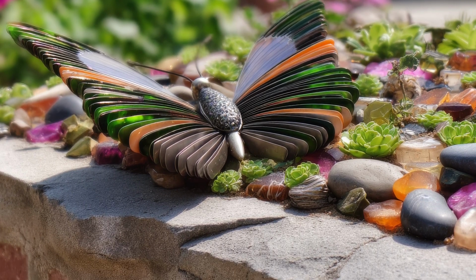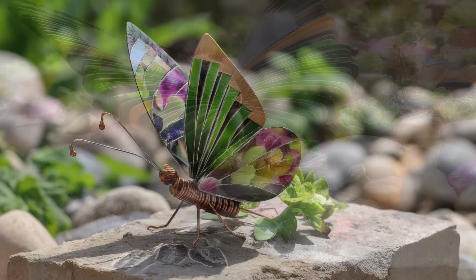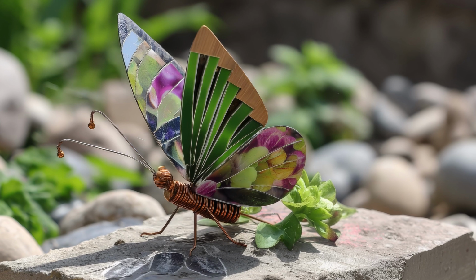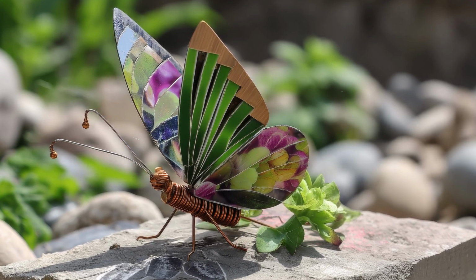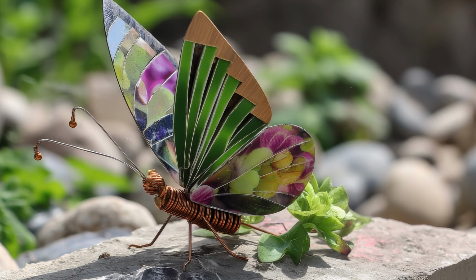Each fragment of disc, with its iridescent shimmer, has been carefully arranged to form the delicate wings, mirroring the patterns of a monarch or swallowtail, but with a futuristic twist. In the midday light, the surface explodes into a rainbow of tiny reflections, flickering across nearby leaves like fairy lights